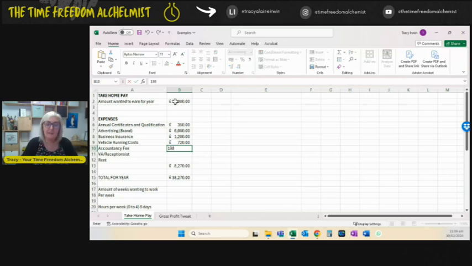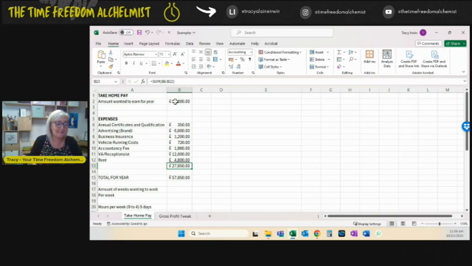Accountancy fees, let's go for £1,980. And then you have a VA or a receptionist, depending on what kind of business you are, and let's say they're £1,000 a month. And then rent, let's go for £480. So if you've got actual expenses of £27,050,